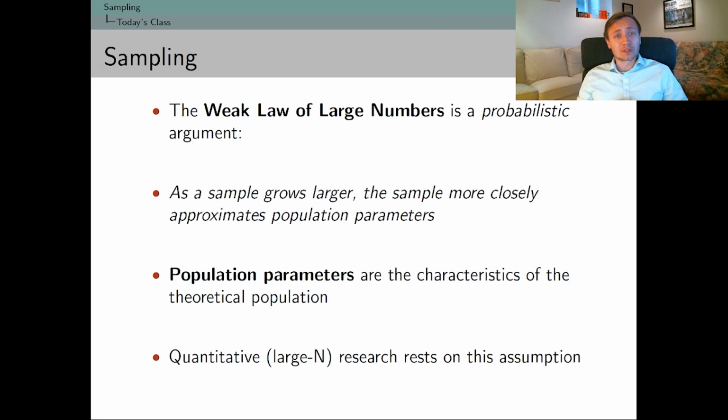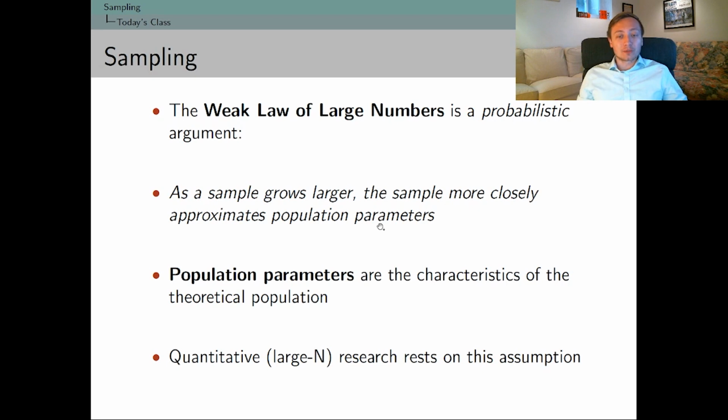Large N researchers are, of course, more interested in trying to adhere to some of the principles that come to us from statistical reasoning about the generalizability and the validity of their estimates. And so sampling is one of the ways in which we can be relatively certain that we're getting closer and closer to estimating real statistics in a population. And one of the ways that we know that sampling is effective at getting us closer and closer to understanding what's really happening in the research population we care about is this thing, the weak law of large numbers.